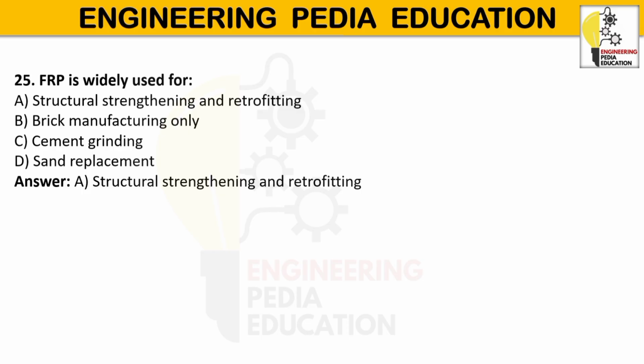FRP is also highly resistant to corrosion, chemicals and weathering, making it ideal for harsh environments where steel may rust. In civil engineering, FRP is widely used for strengthening and repairing beams, columns, bridges and concrete structures. FRP is an advanced construction material that combines durability, strength and corrosion resistance. It is increasingly used in modern infrastructure